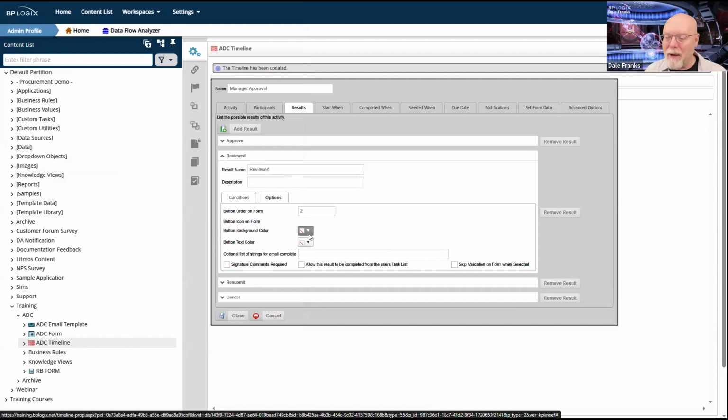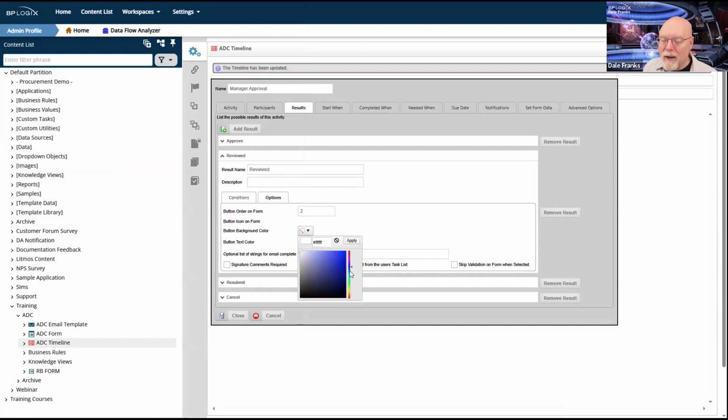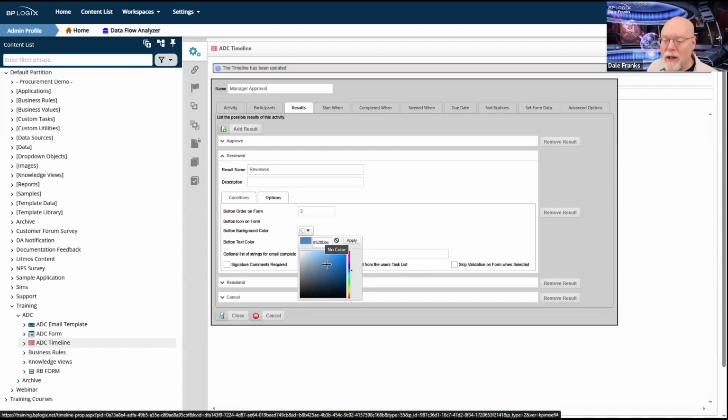I'm going to set the button background color to, and again, this gets us to what we were talking about a little bit earlier. I want to set my button background color to an appropriate color. Now, as it happens, I happen to know a lot of hexadecimal colors, especially the ones associated with BP Logics. So I do want to use something close to our steel blue color. That color is not quite dark enough to be accessible at less than 18-point text size. It's right on the edge, so I'm just going to make it a little darker.